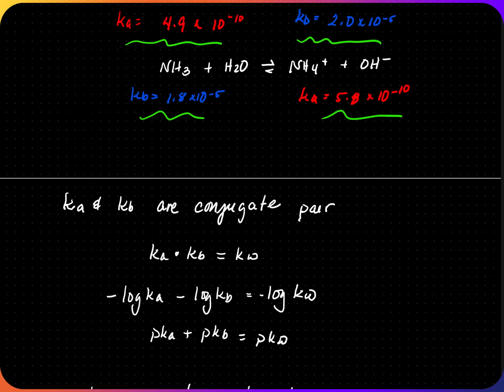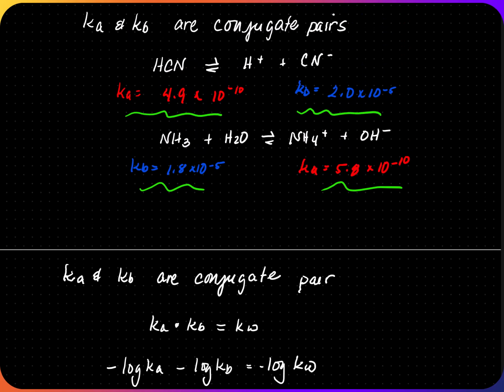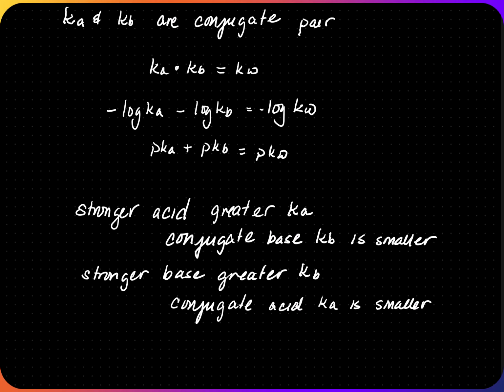If we look at the previous problems up here, if I multiply 4.9 times 10 to the negative 10th times 2 times 10 to the negative 5th, it will equal approximately 1 times 10 to the negative 14. Same goes for ammonia and ammonium. 1.8 times 10 to the negative 5th times 5.8 times 10 to the negative 10th is approximately 1 times 10 to the negative 14th. So if we take the negative log of each Ka, Kb, and Kw, the equation becomes